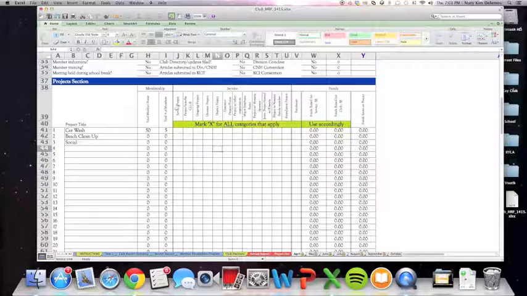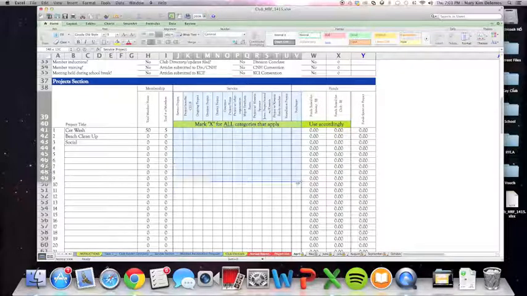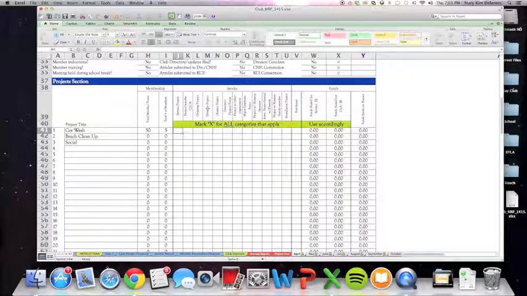I can't zoom in anymore. So this is pretty self-explanatory. You just mark X for all that apply. So, car wash, do the service event, and yeah. So basically,